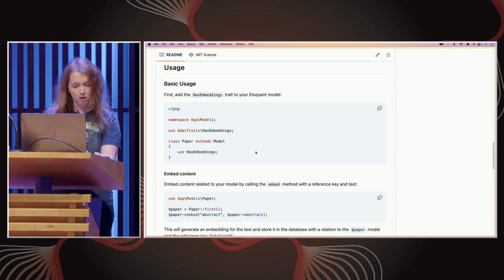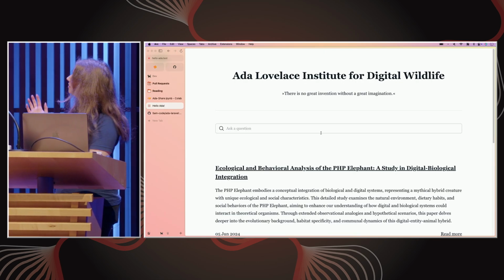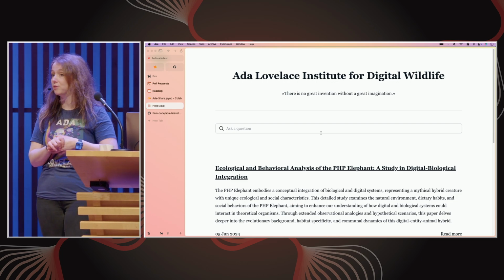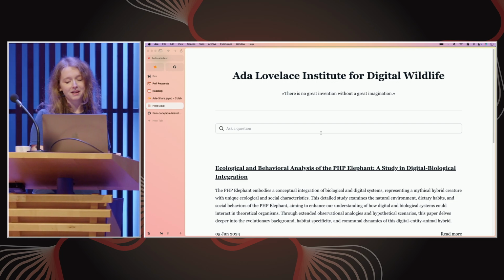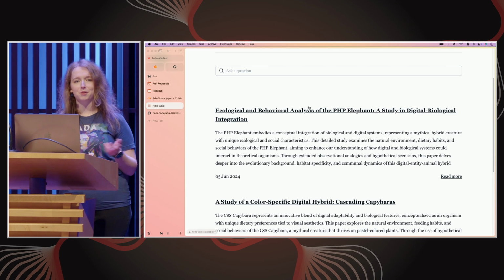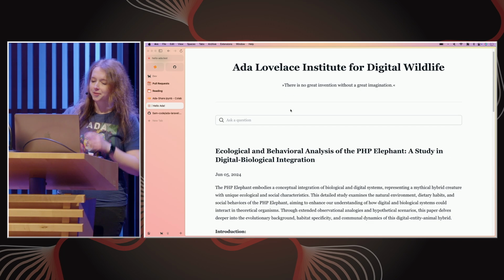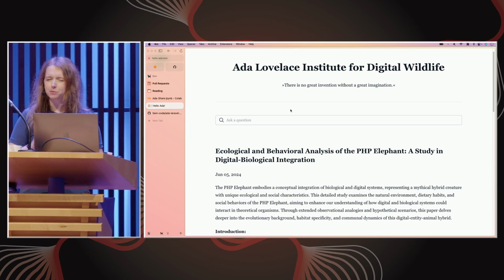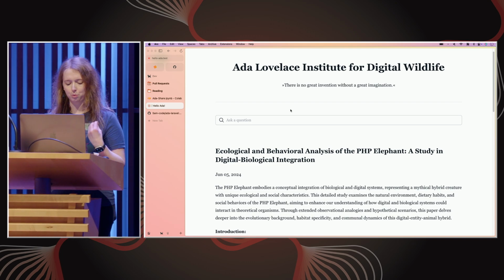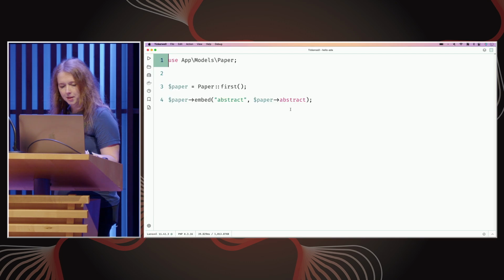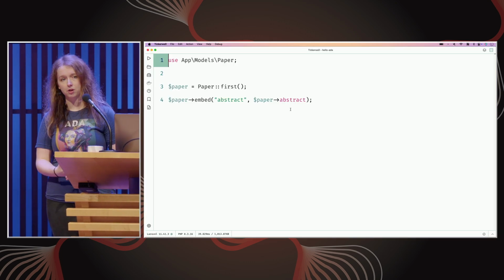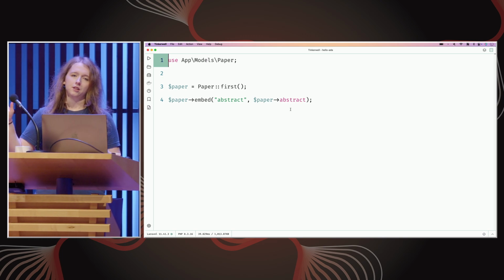Our demo website is this little website of the Ada Lovelace Institute for Digital Wildlife. This website contains papers about, for example, the PHP elephant. It's very fascinating. Each paper has a title and then content and nothing more, because we just need some example text to work with. And like I mentioned, we can use the embed method to embed the content of a paper.